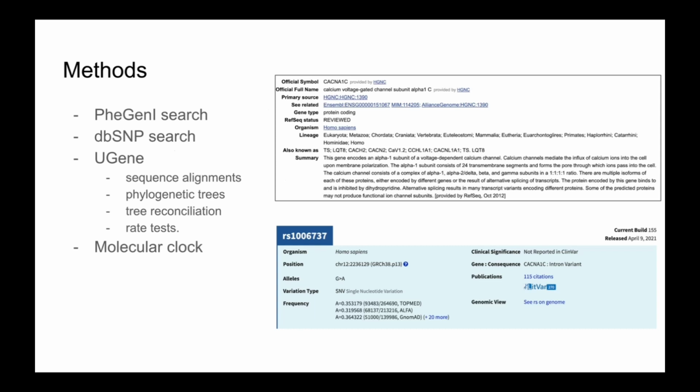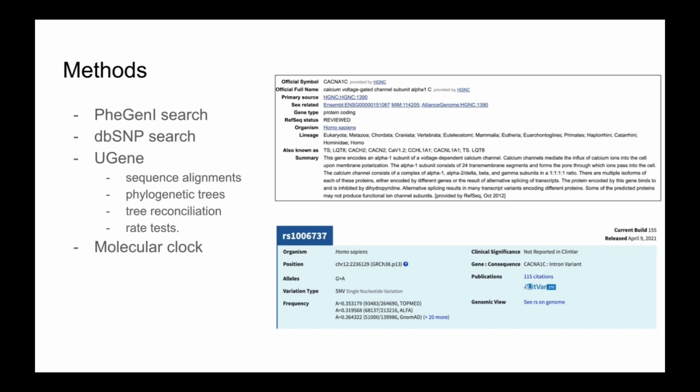I found the CACNA1C gene through the phenotype-genotype integrator search for my phenotype of interest, which is schizophrenia. Then I used the dbSNP search program to identify the SNP within the gene that correlates with the phenotype. Gathering that information, I used a program called UGene to generate sequence alignments between 14 species, as well as different